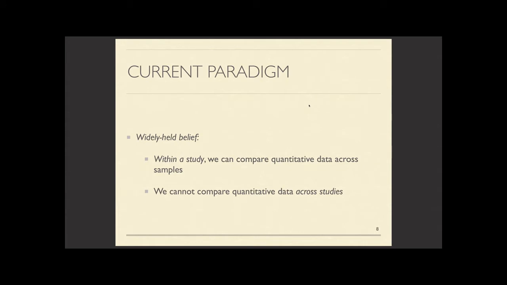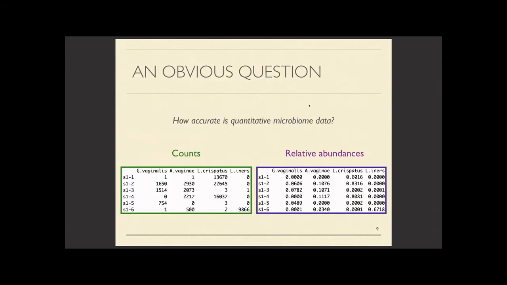And so a question that's left open in my mind, and the one that I want to talk about today, is kind of an obvious one, and it's how accurate are those quantitative microbiome data profiles that are the result of all of these different steps. Not so much in the sense of how precise are they, how much do they vary between all these different choices, but what are they actually telling us about the microbial communities that data was generated from? What are they telling us about the biology, or to what extent are they just telling us about all of these lab choices that were made that are sort of artifactual as a result of the data measurement process?